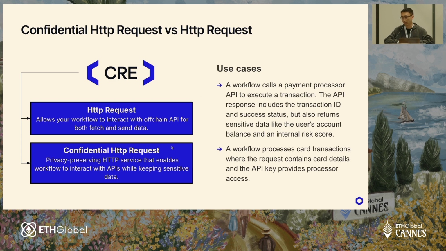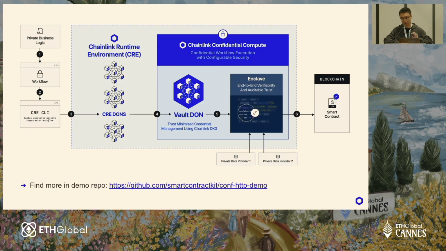So if you really want to keep something that cannot be found by the node operators, you can use the confidential one. And the reason why it can be confidential is because we have a different DAO for the secret to store. And in this DAO, the secret saved in this DAO can only be fetched by the enclave. And the enclave will directly find your secret and then decrypt the secret in the enclave and use that to